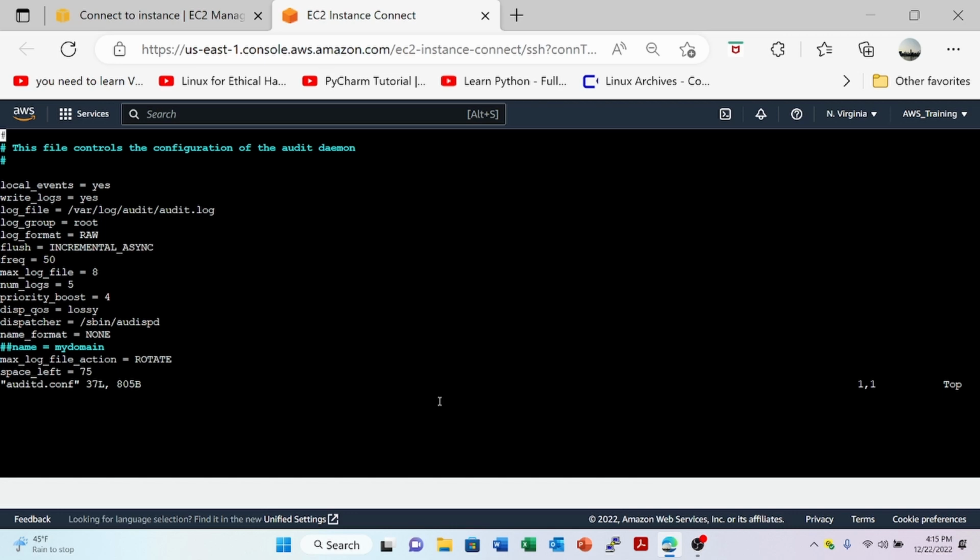Let's talk about two. Number of logs: we can have this one as num logs, which is 5, change it to 7. And then we have the maximum log file. We can set it up, which is max log file 8 to 35. And then